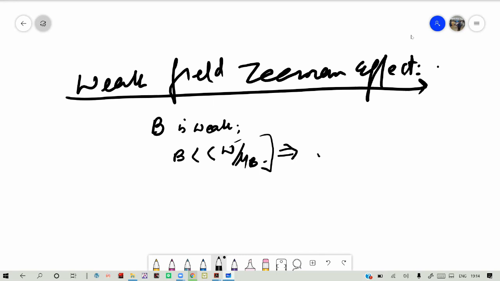So what it gives us is that we have to consider all terms, meaning all interactions, all perturbations. H_SO is greater than H_Z. So all perturbations in the Hamiltonian,